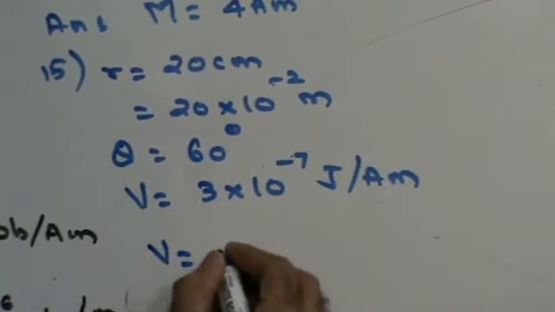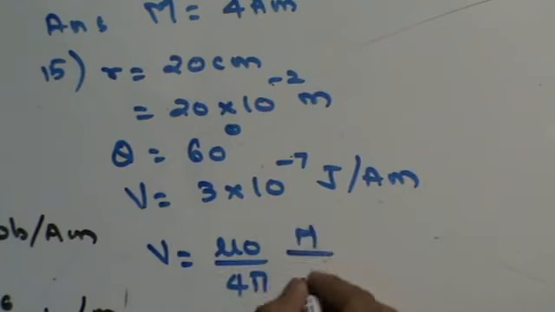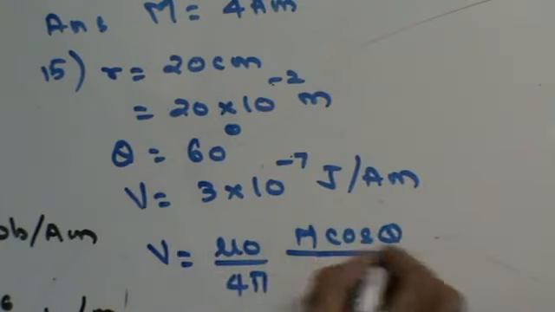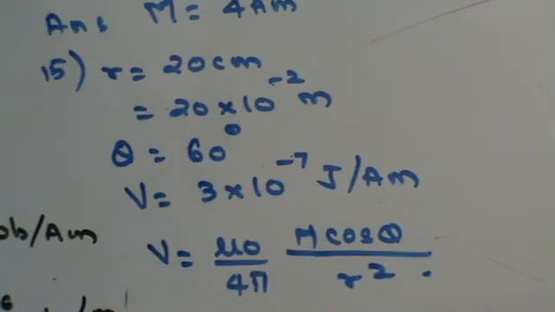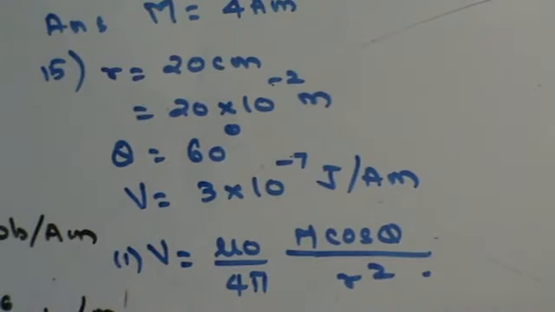First of all, they've asked you for the magnetic potential: V = mu 0 upon 4 pi, m cos theta upon r square. V is given to you, theta is there, r is there, so you should be able to get the magnetic dipole moment. Second part of the question, they've asked you to find out,